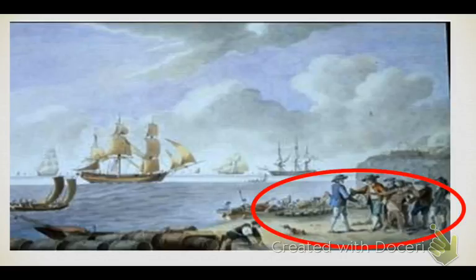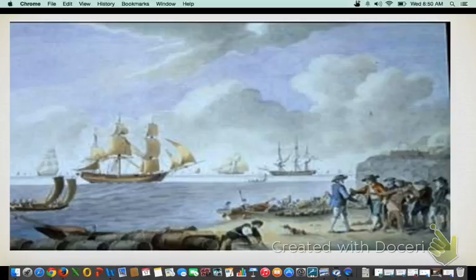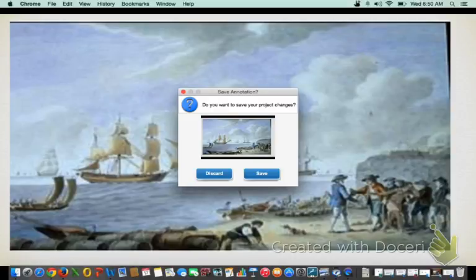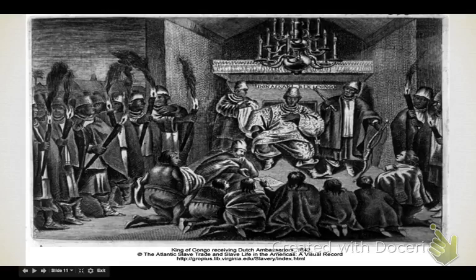Well, the pendulum swung both ways in this, and it clearly demonstrates there is an internal and external movement for slaves during this time. I personally think this slide is better because it shows an external request for slaves to the Dutch king. So we got these slaves, we got external and internal.